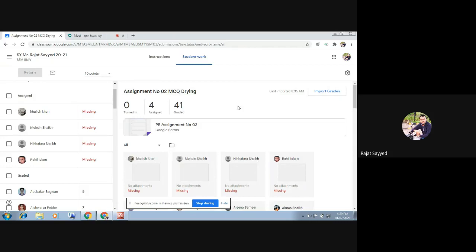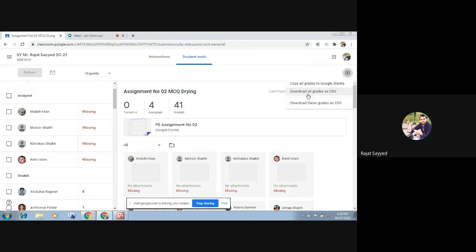Suppose we want to export these marks, or send these marks to the university. You need to convert them into Google Sheets or Excel sheets. So when you click on this gear button, three options will be there: copy all grades to Google Sheets, download all grades as CSV, which is nothing but Excel sheets, and download these grades as CSV.